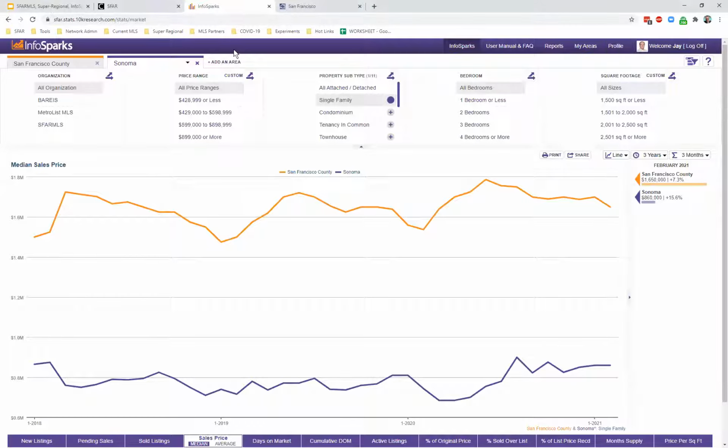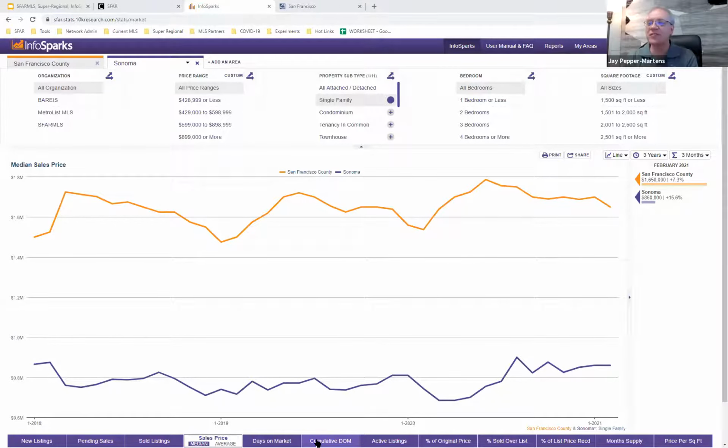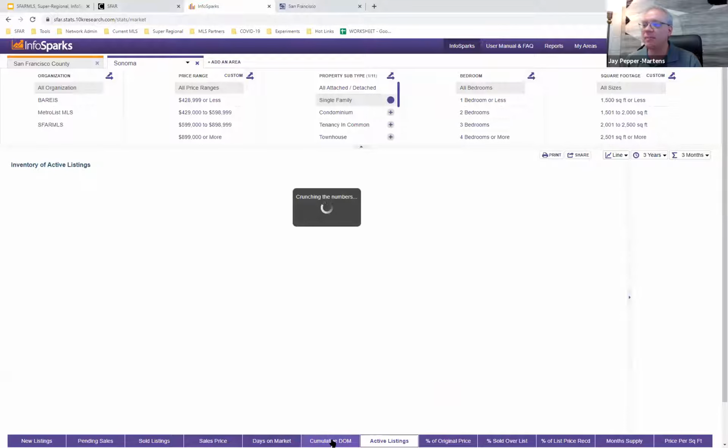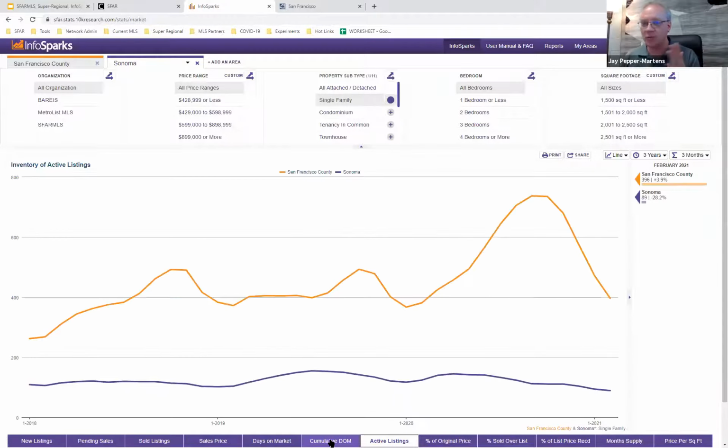And then one more question. Sure. Can I share multiple categories, say DOM and median sales price in one share, or do I have to do one each? Unfortunately, you do have to do one each. There's no current way to bring both graphs onto the same one. And the reason for that is